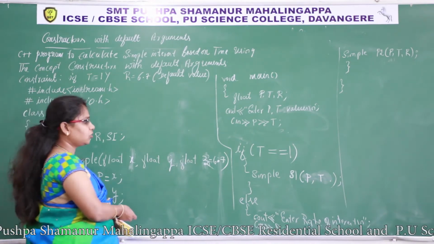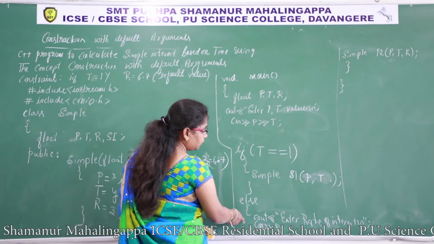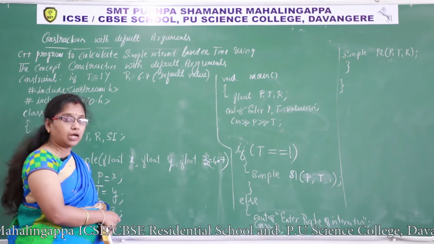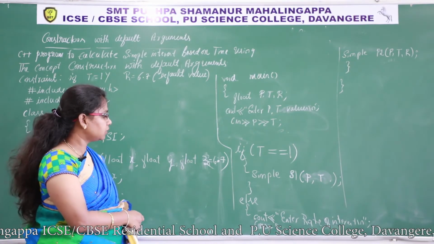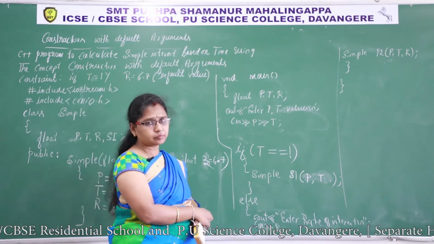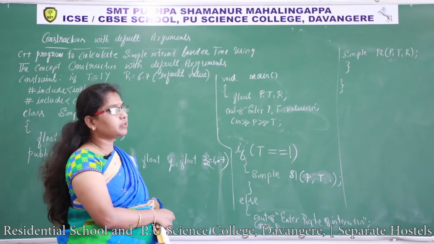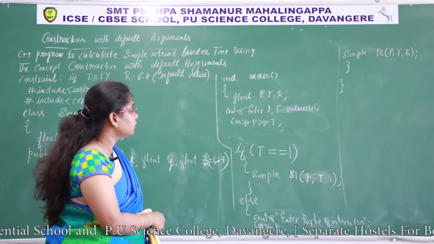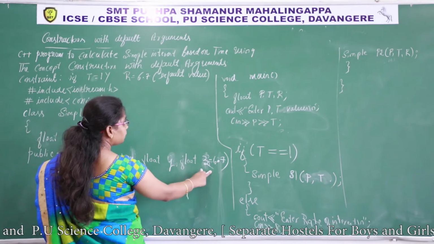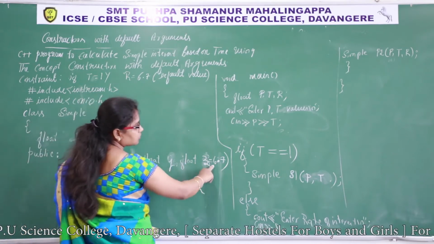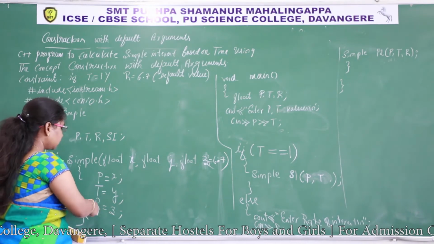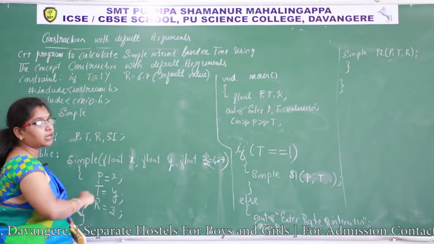If this condition is not satisfied, it goes to the else part, then it has to ask for rate of interest. Enter rate of interest, R value, the user will enter R value, then R value I am passing from there. Another object P2 I have taken. So P, T, R, there I am passing three arguments. So P value goes to X and T value goes to Y. R value overrides this 6.7. Whatever the value given by the user will be considered. Then R gets the value of that R value.